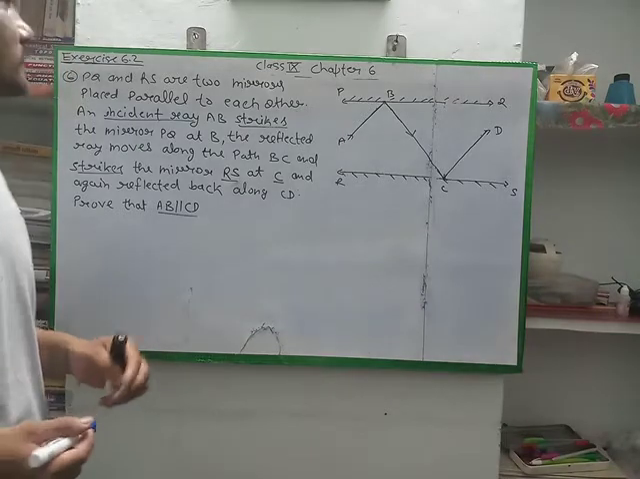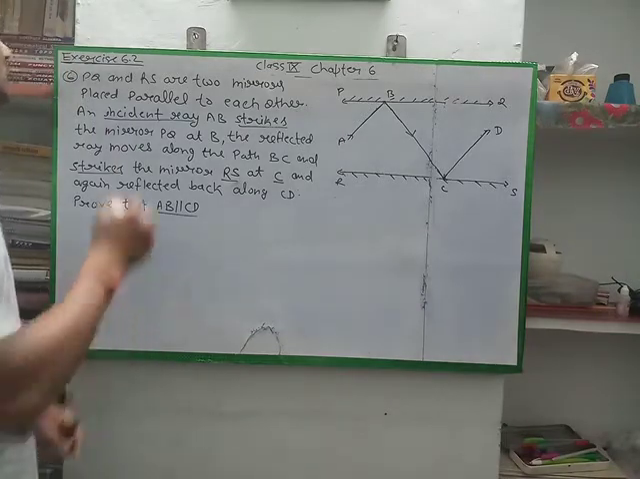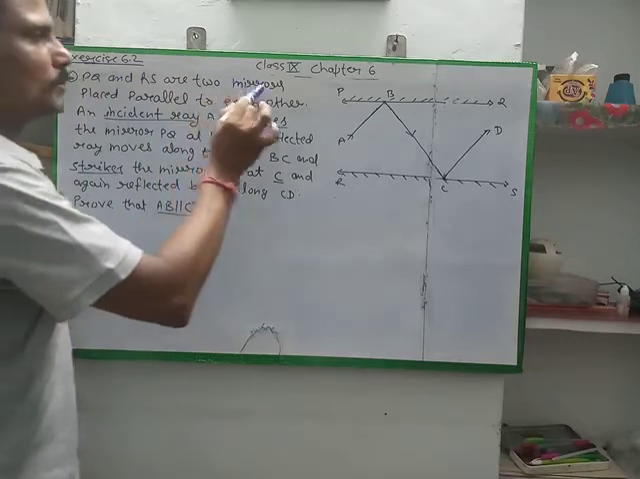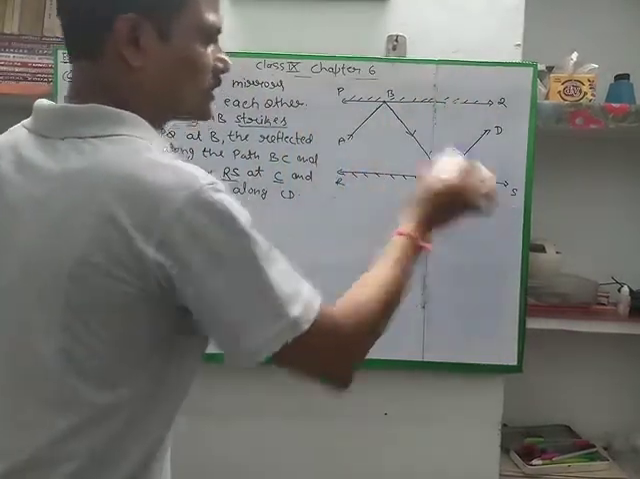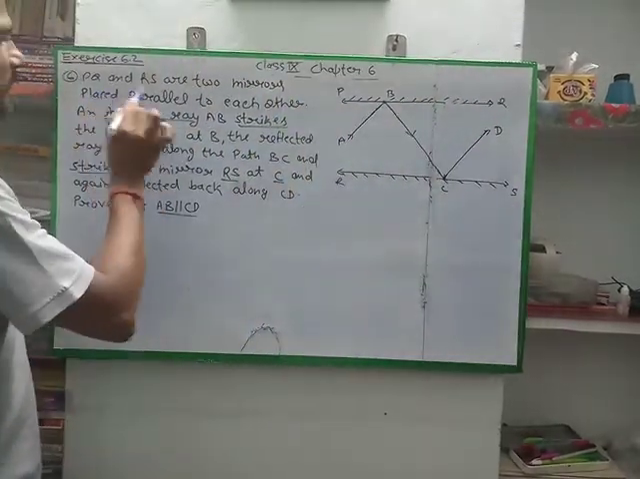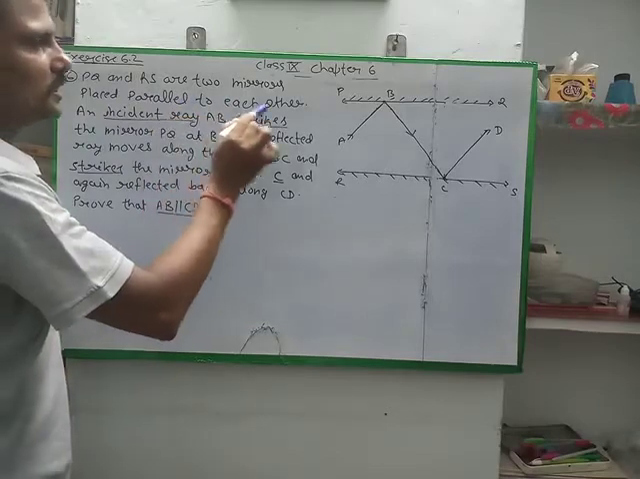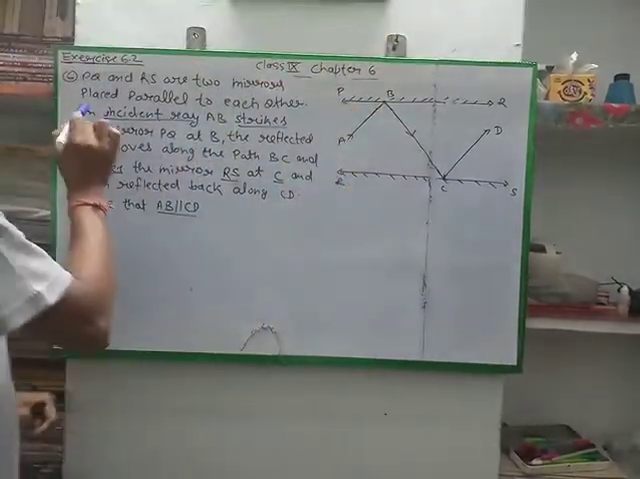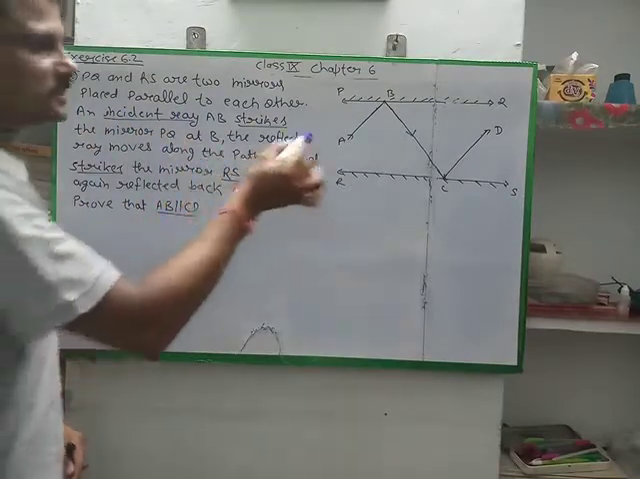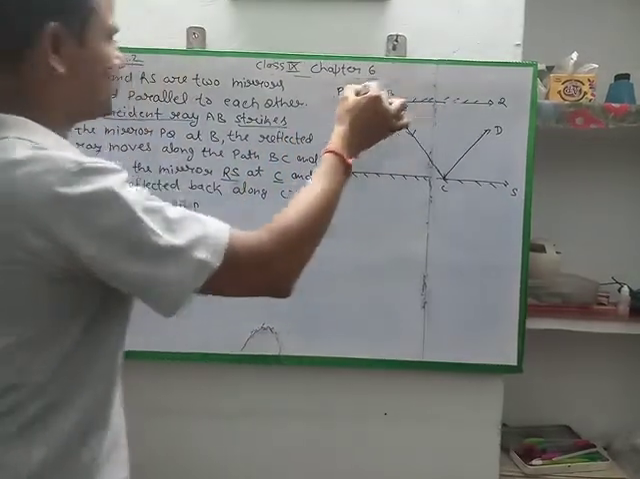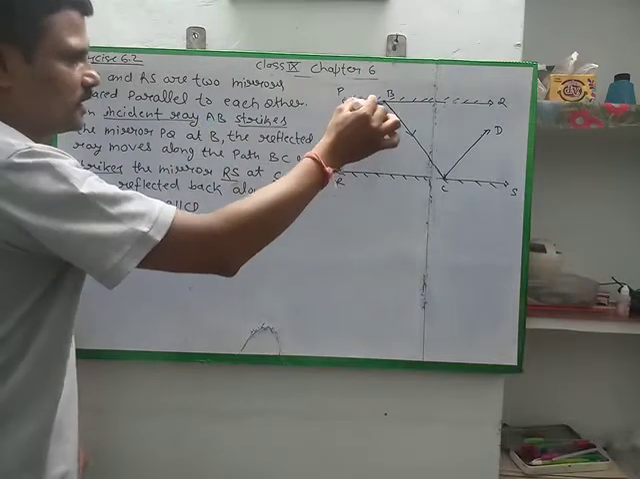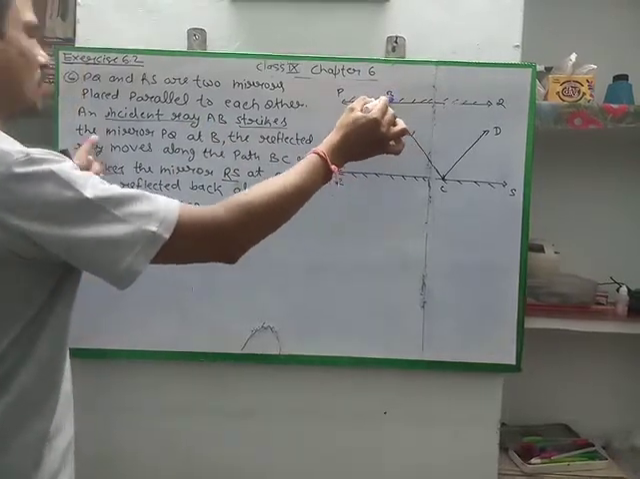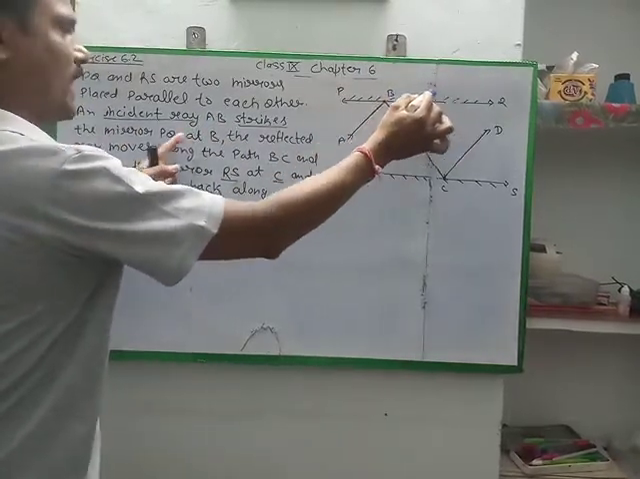Question number 6, exercise 6.2. PQ and RS are two mirrors. PQ and RS are two mirrors placed parallel to each other. These mirrors are parallel to each other. And incident ray means आने वाली जो रे है, an incident ray AB strikes the mirror PQ at the point